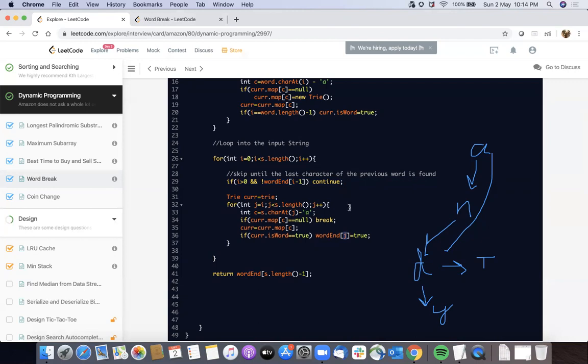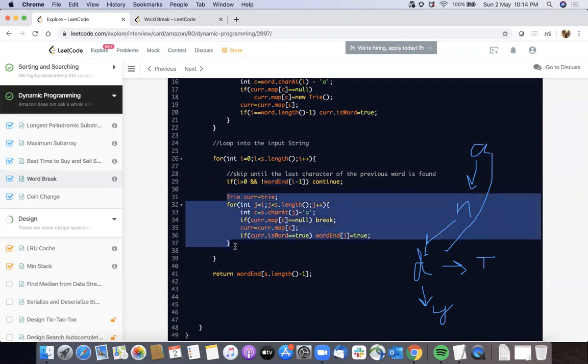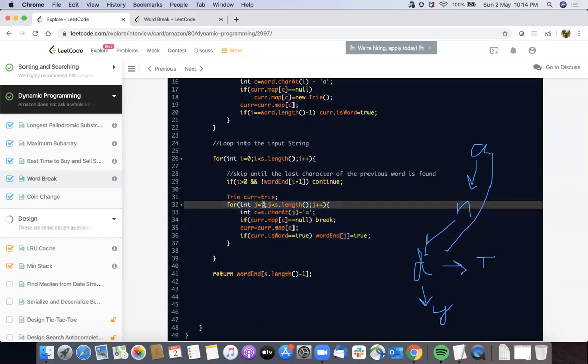So the c part would be true, and word end of true would give true, negation of true is false, and we'll start searching from the c part. So j would be pointing to the index starting from c. So that is why we are maintaining this condition,